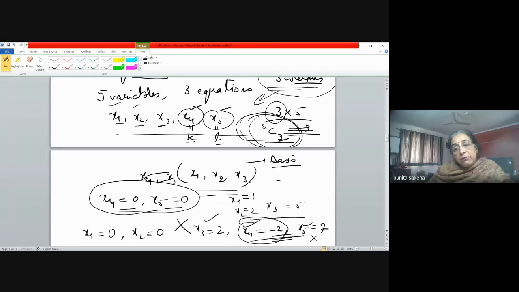ये x3 x4 x5 के कॉलम्स लीनियरली इंडिपेंडेंट हैं, बेसिक बेसिस है, बट it is violating the non-negativity restrictions. So every basic solution may or may not be a basic feasible solution. But if you have a basic feasible solution, that will always be a basic solution. अब ऐसे हमने जितने बेसिक फिजिबल सॉल्यूशंस हम निकाल सकते थे हमने निकाले, और उसमें से हर एक सॉल्यूशन को देखा अपने ऑब्जेक्टिव फंक्शन में सेटिस्फाई करके, जिस सॉल्यूशन ने मैक्सिमम z दिया वो हमारा ऑप्टिमल बेसिक फिजिबल सॉल्यूशन कहलाया,